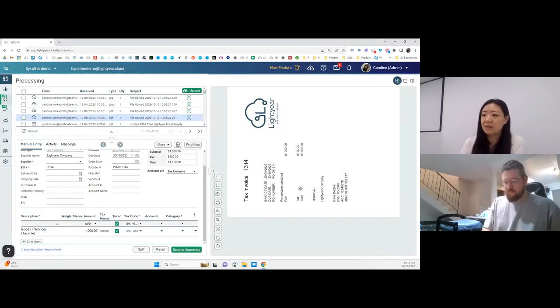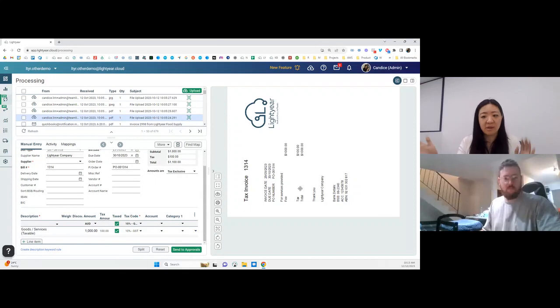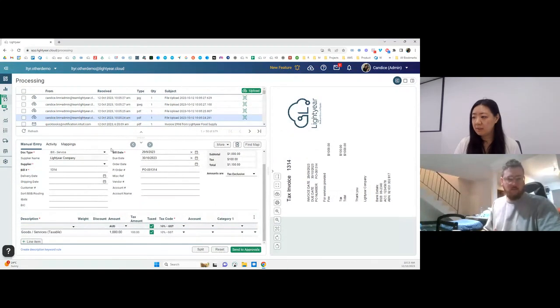Again, great for those new to Lightyear coming on and just starting, and may still be in transition in their process, still scanning documents at that point in time. So also helpful for those as they start to request more PDFs. So there's that. As you can see,